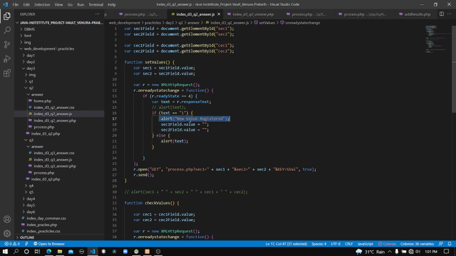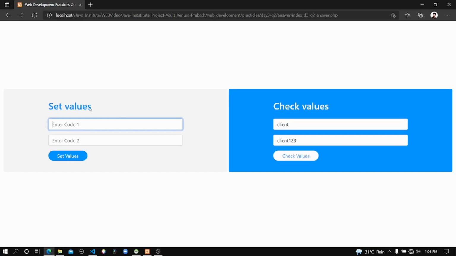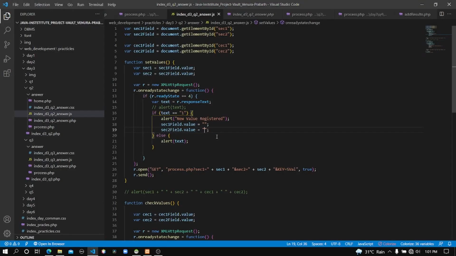show this alert, new value registered, and here you can see these are the codes responsible for resetting our input fields. You can see sec field dot value, and here's an empty value. So I command the file, when these 2 lines are executed, it will empty the value inside these 2 input fields.